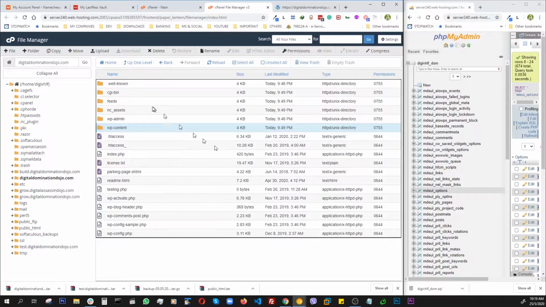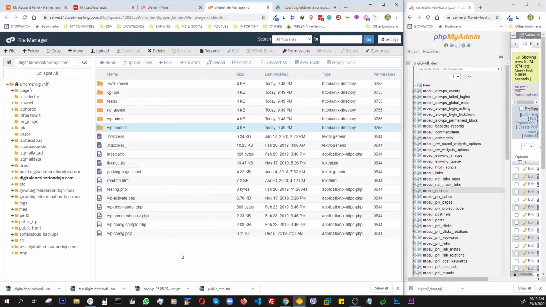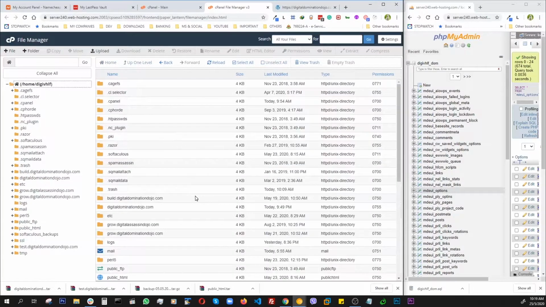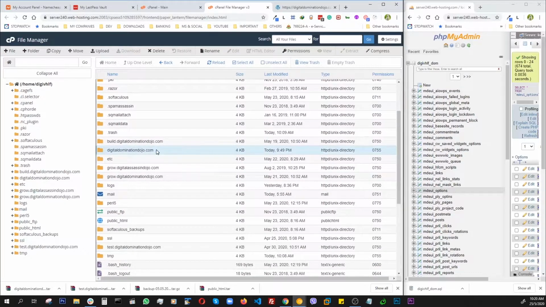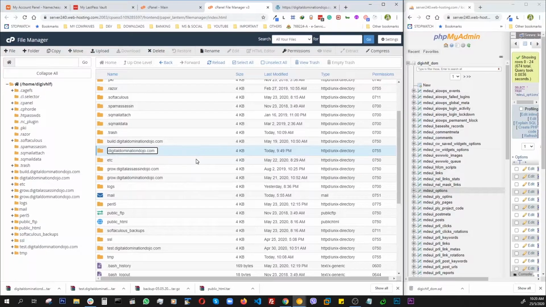So something might have gone wrong, which we can troubleshoot, but we're not going to at this point because I have one trick up my sleeve, which I will try first. So first thing, I will go ahead and rename it, -old,